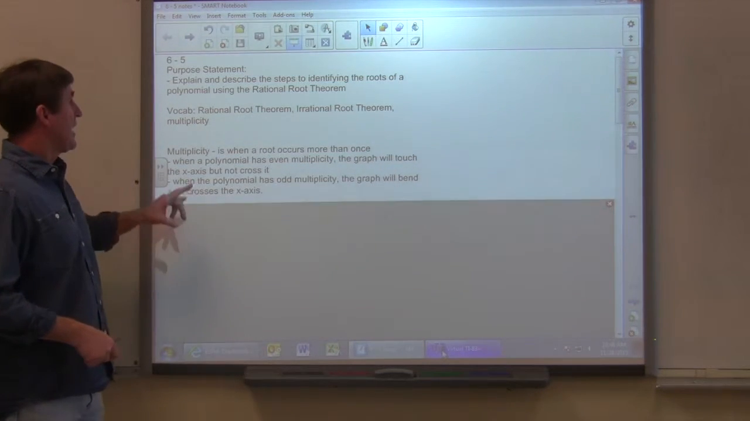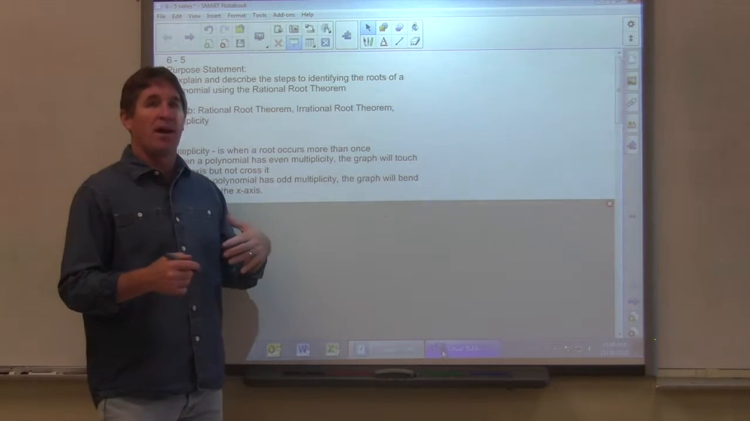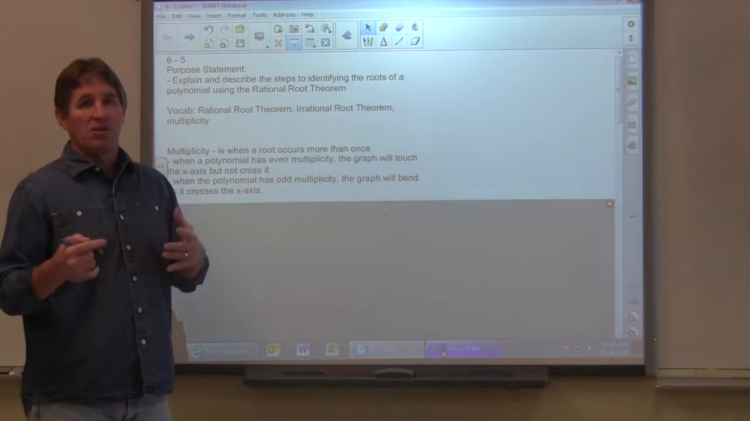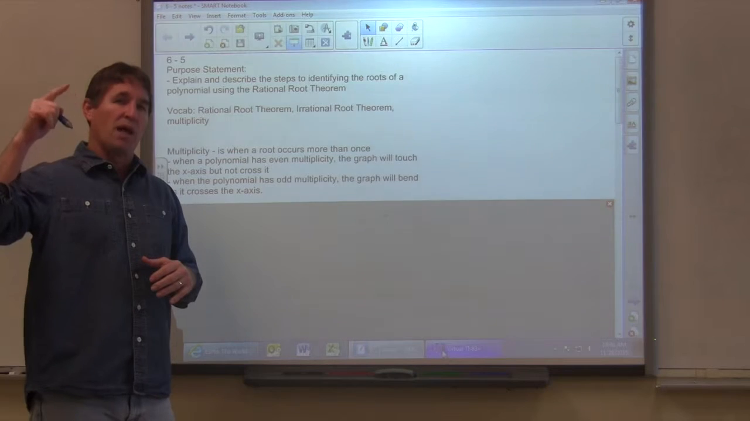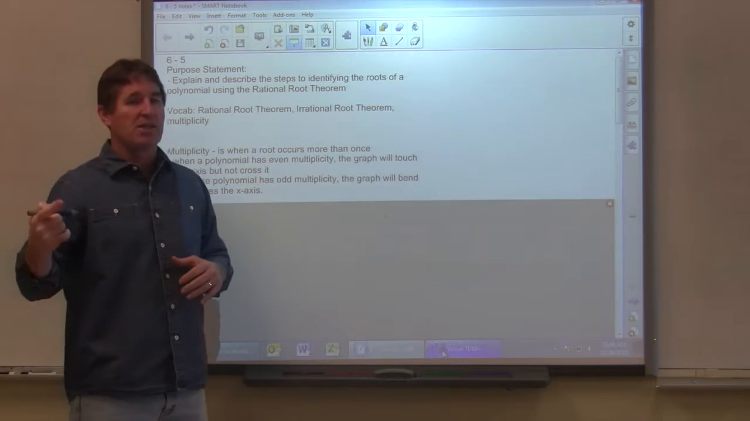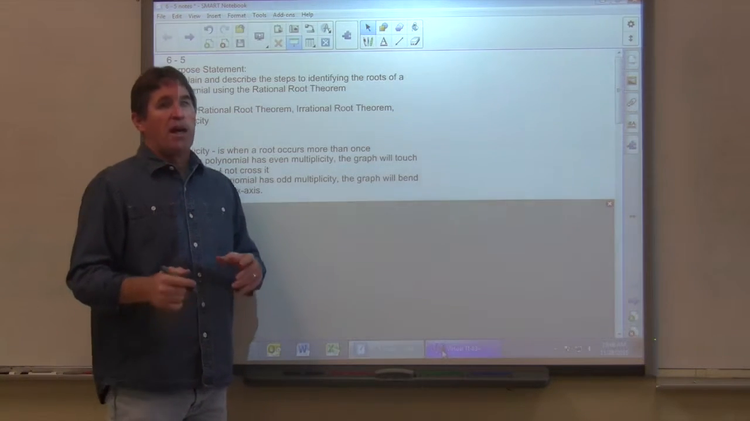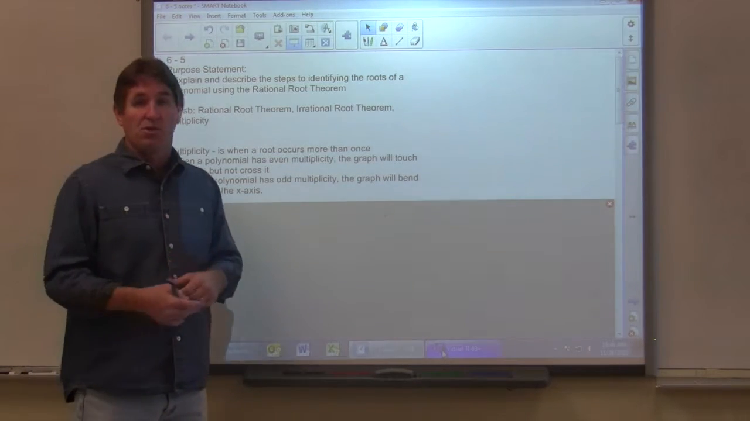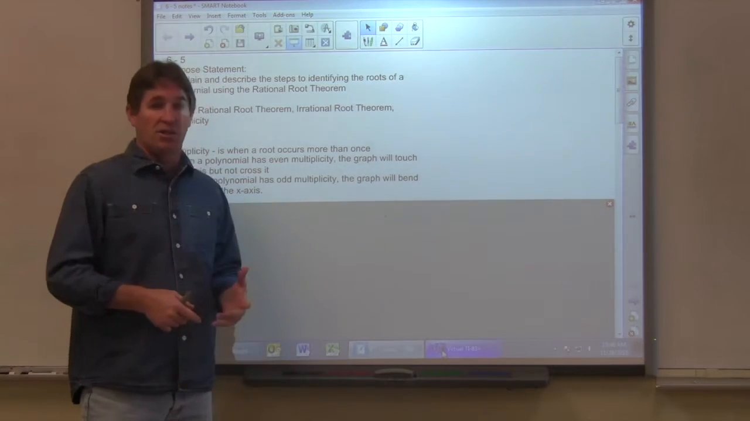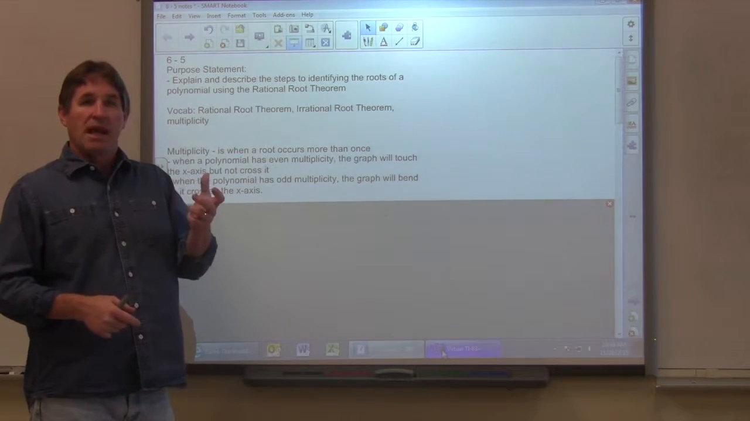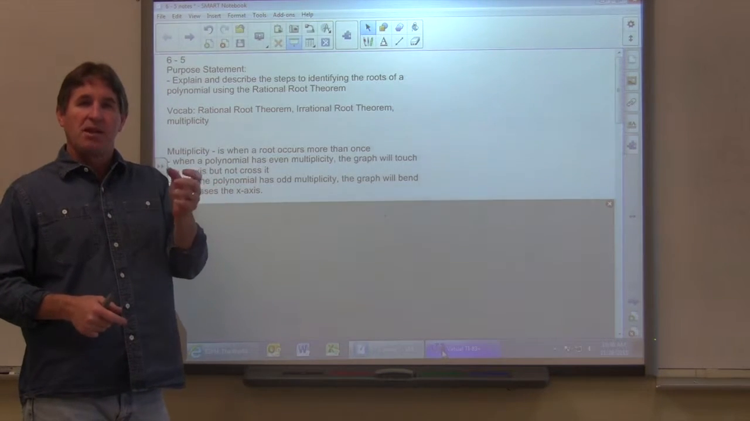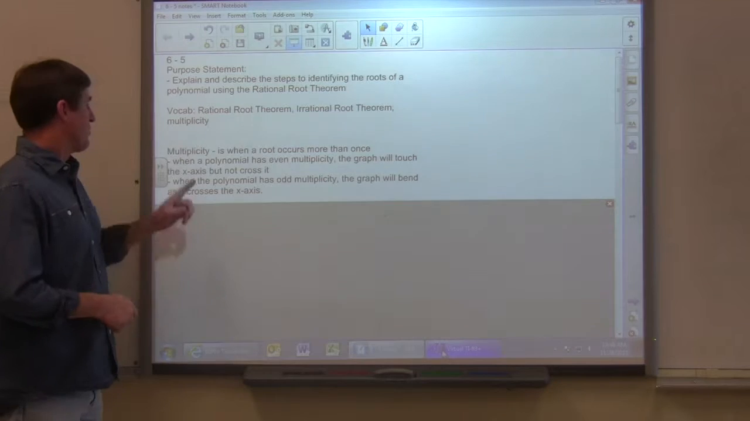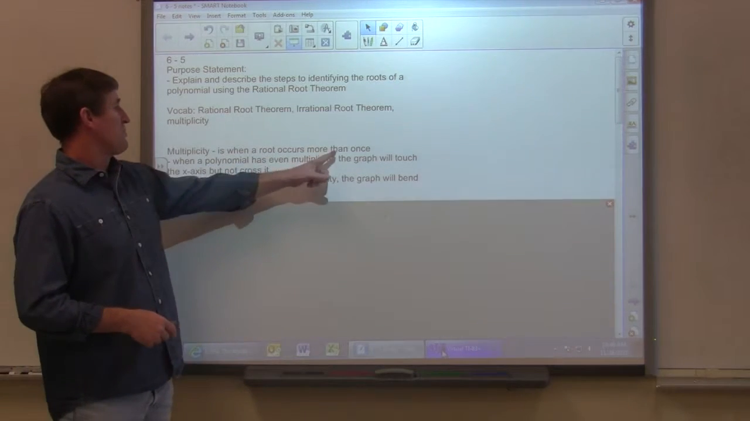And multiplicity, if you remember when we talked about polynomials to start with, that degree or the highest exponent is going to tell us how many solutions we have. So if it's a degree 5, we're going to have 5 solutions. If it's degree 9, we're going to have 9 solutions. But sometimes you have multiplicity, which means something occurs more than once. So multiplicity is when a root occurs more than once,